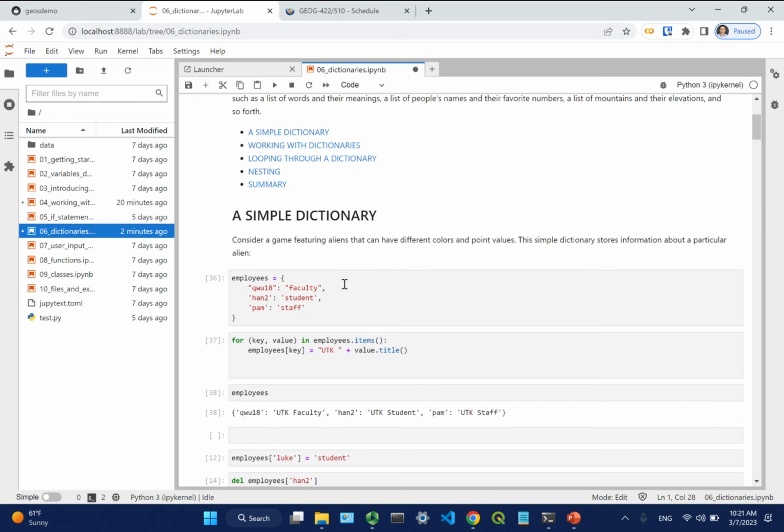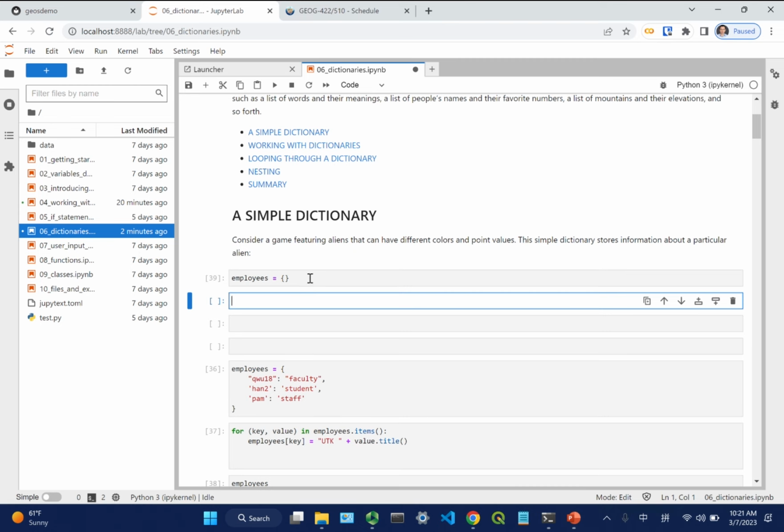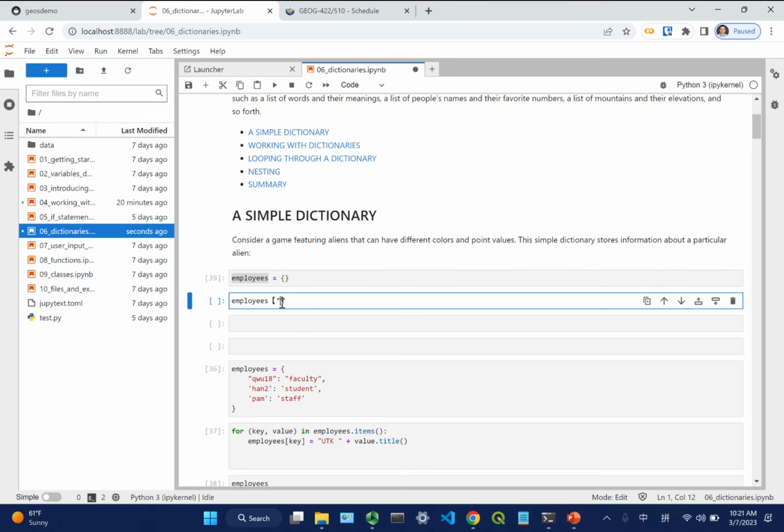When you create a dictionary, you can also do it this way. I can just create an employee, equal to an empty curly brackets. That means you are creating an empty dictionary. Once you have that, you can use the key value to add new information into it. So, for example, employees, and then here I will be saying